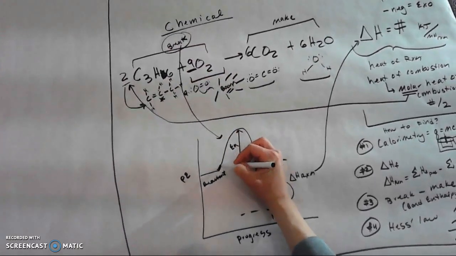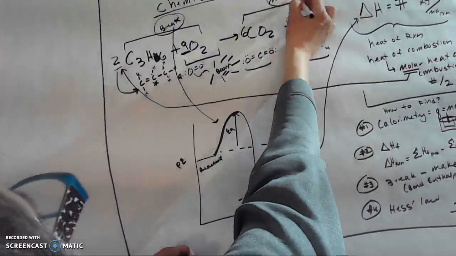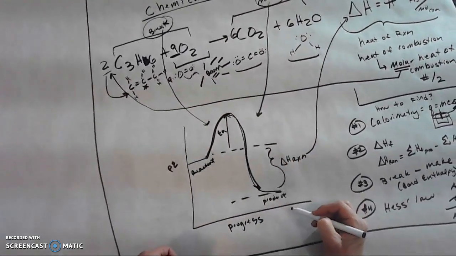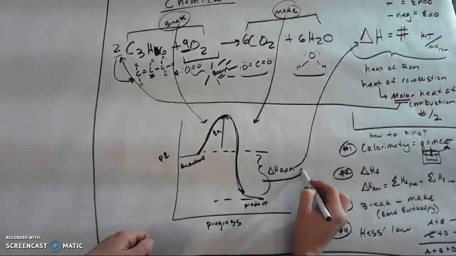Breaking is what happens here on the uphill, minus the make. Make is what's happening on the downhill. And those two together, if you do the break minus the make, you're going to get the heat of the